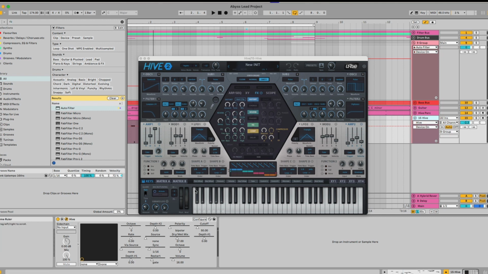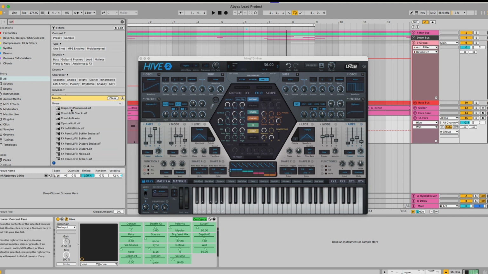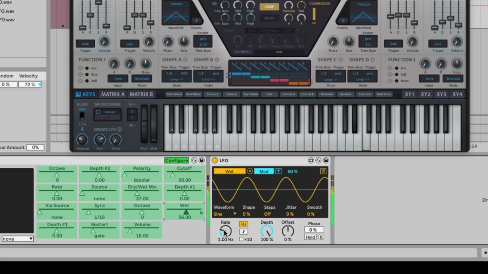From here, you could do all sorts of things. You could click on the phaser and you could automate, you could configure that. For example, you could add an LFO. Oh, sorry, I can't type. You can add an LFO and you could map that to the wet there. Where did that go? Here. And then